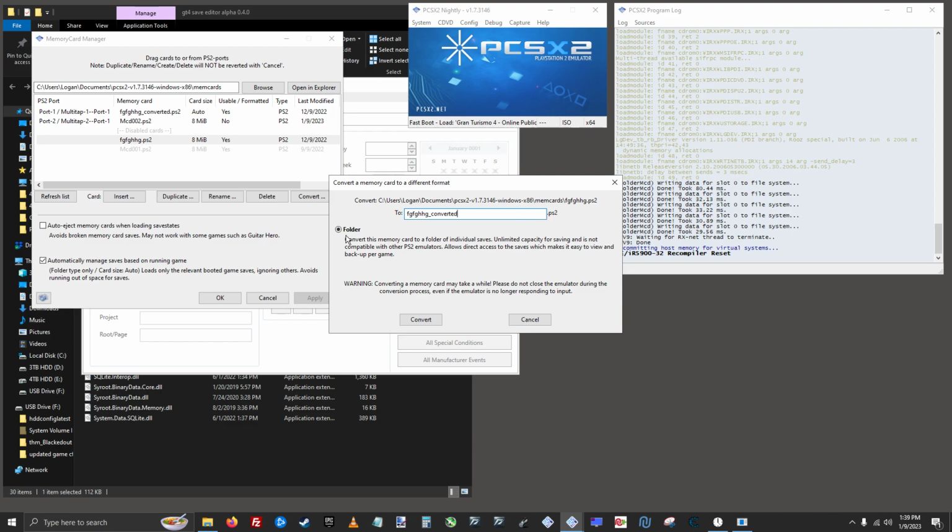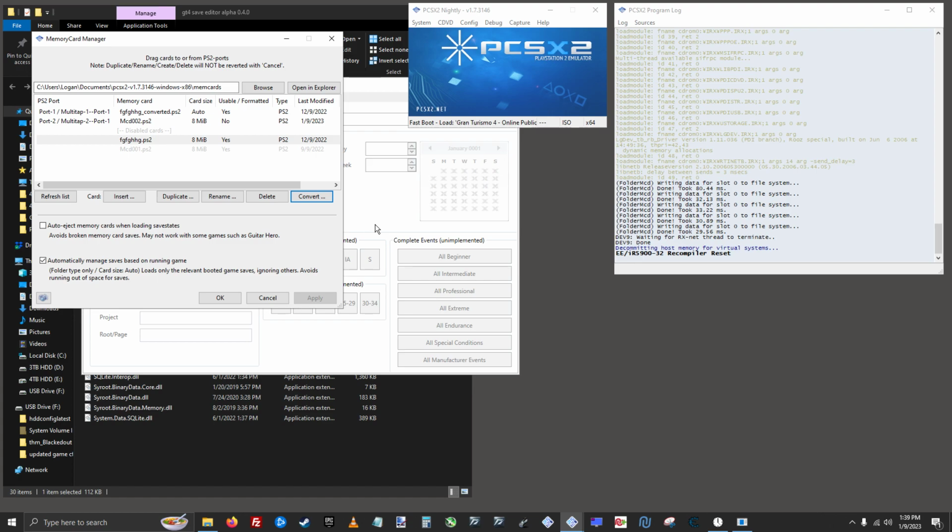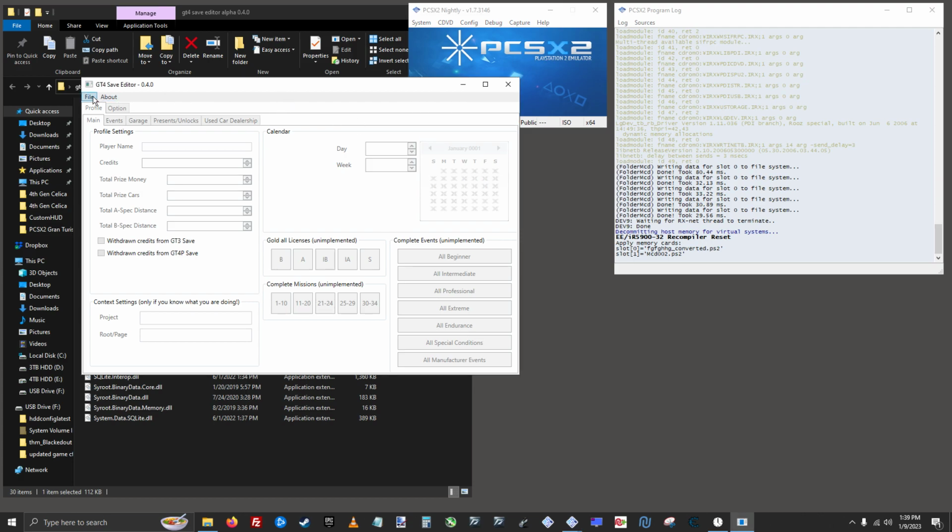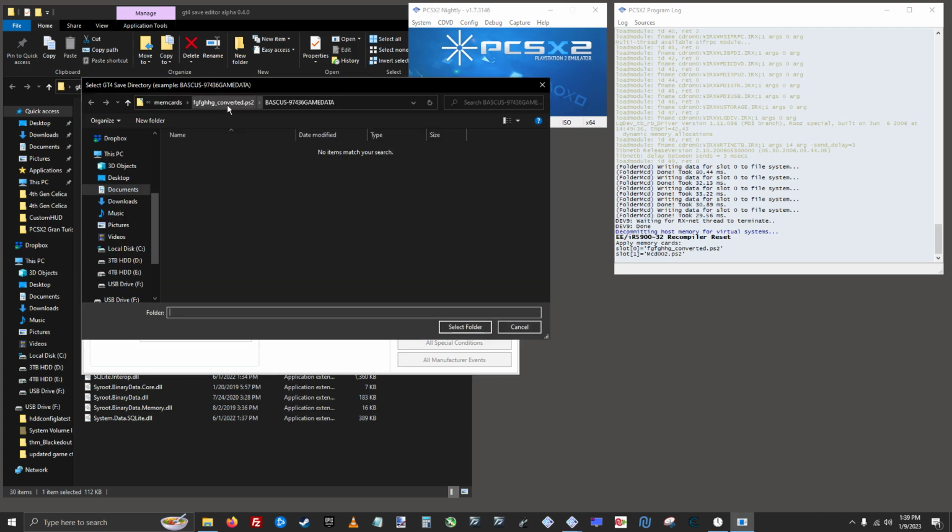So it's not going to affect the memory card that you already had before, but go ahead and convert that, and then make sure to select the converted folder one as your active port one in your memory card. So anyway, back to the save editor, we're going to load it, and for this particular Gran Turismo 4